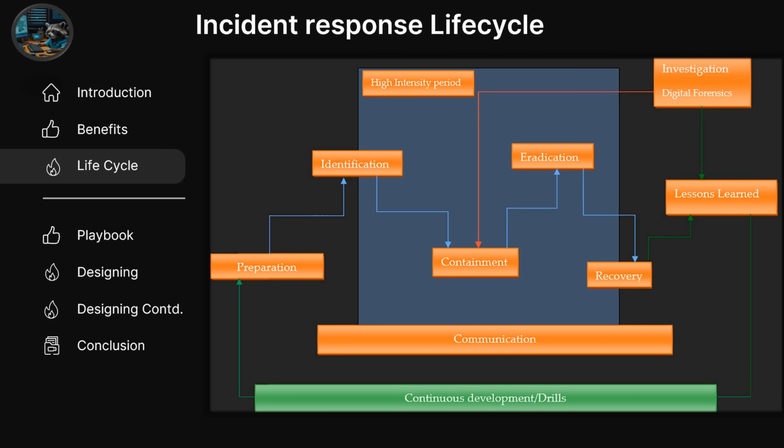So this is an incident response life cycle. So how the incident response life cycle builds up. The very first stage is the preparation. The second stage is the identification. Then we have containment, eradication, recovery, lessons learned, communication, legal consideration, and the continuous improvement. So this is how the incident response life cycle works. I'll go in much deeper. Let's understand that